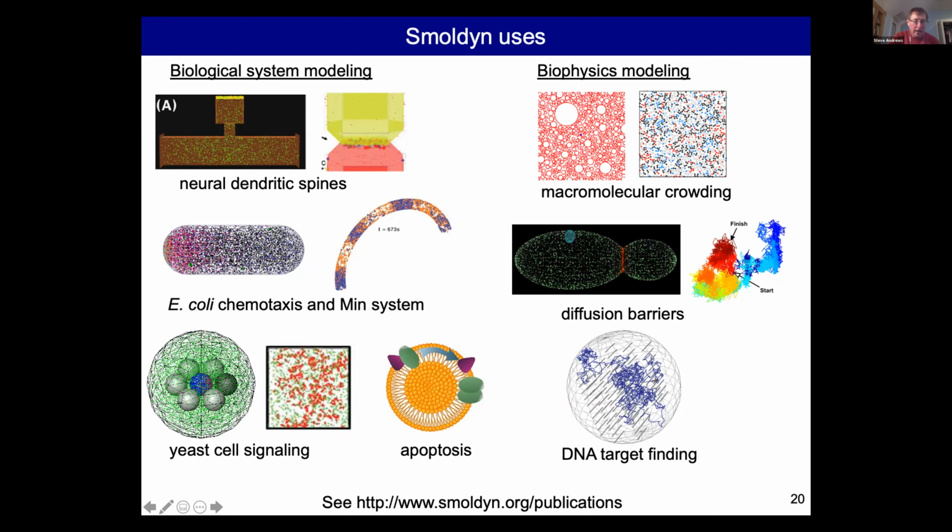What I did not envision initially was a lot of biophysics modeling. People want to have maybe 1 or 2 species and look really in depth at how crowding affects reaction rates or diffusion coefficients, or look at diffusion barriers, such as how diffusion is affected by this little neck in cell division. Or with hop diffusion, as a particle diffuses and gets stuck on various interfaces, how does that affect things? Then there's DNA target finding, again with a single species, a transcription factor diffusing around finding DNA.